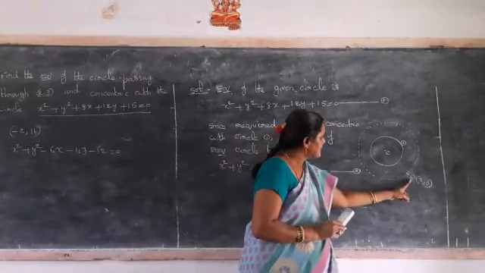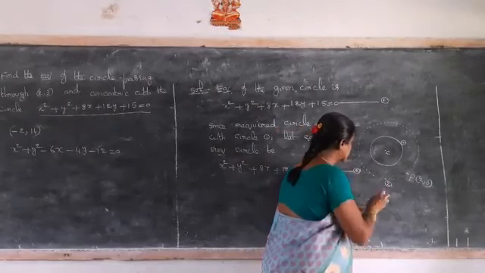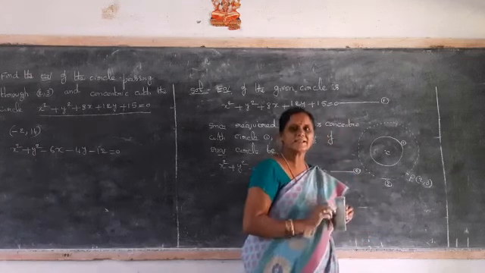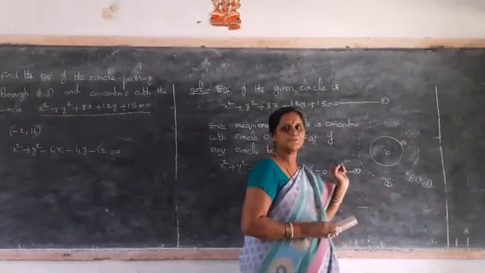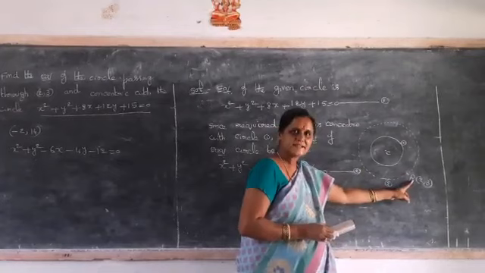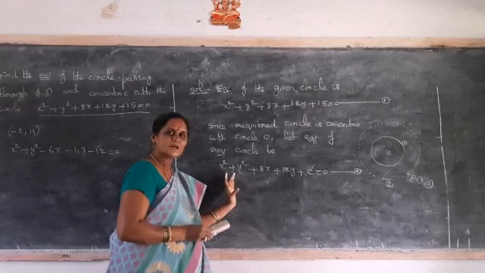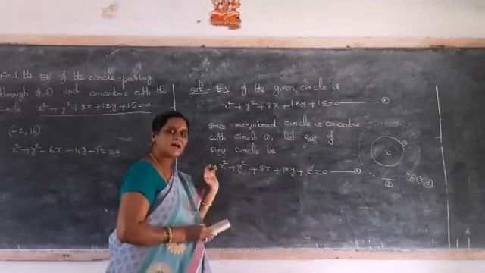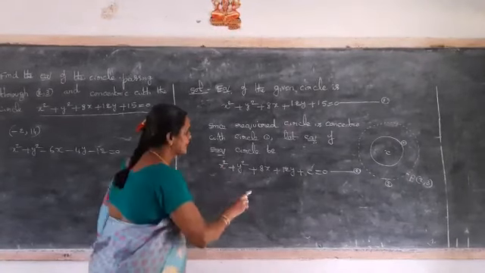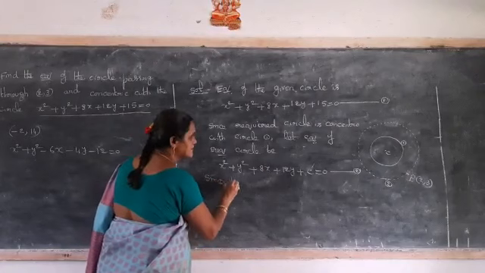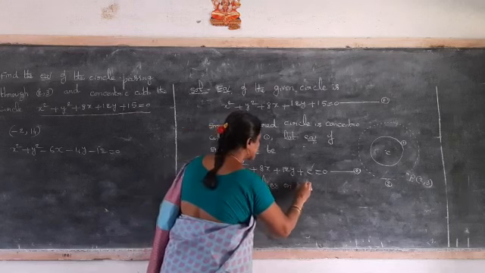That is, P lies on this required circle. This circle's equation we indicate as 2. So P lies on this circle 2. Because P lies on circle 2, P satisfies this equation. Whenever a point lies on a curve, that point satisfies the curve's equation. That is our fundamental concept. Okay, so now I write, since P (2, 3) lies on circle 2,